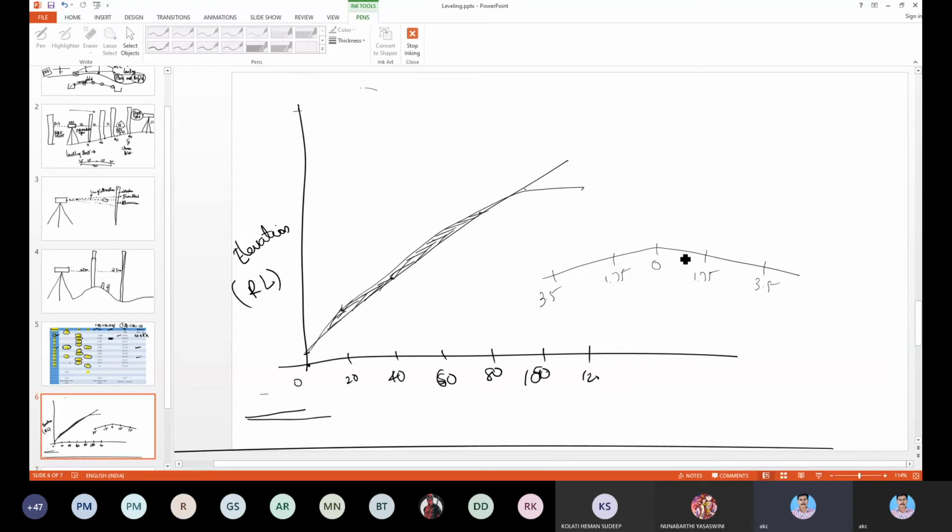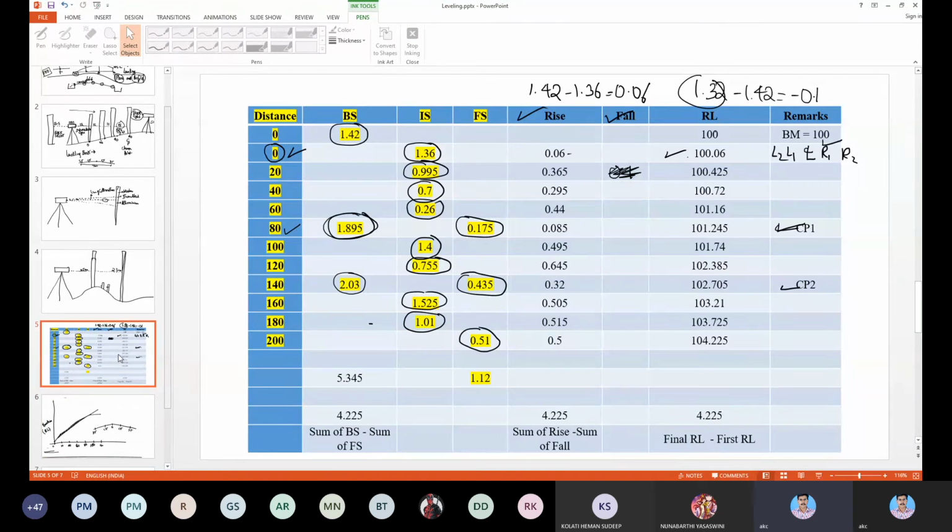At every 20 meters we'll draw a profile, and you can also draw in 3D if you know how to do 3D drawing. We don't expect 3D from students, but if you know 3D, you can do it. In 3D, you can show the full view, transverse plus longitudinal, in both. So this is how you will use this data to draw the profile.